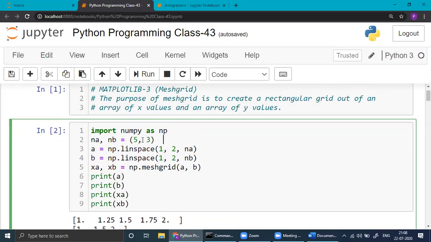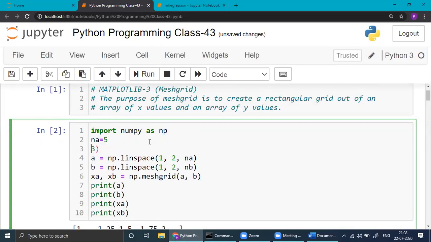If you have never seen it this way, we have other ways as well. Ultimately, it should be easy. So na, nb, here you have to write 5, 3.